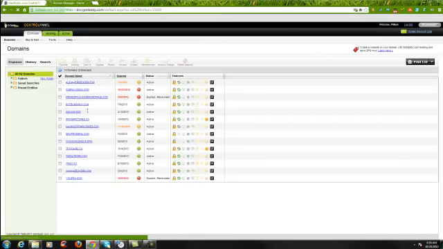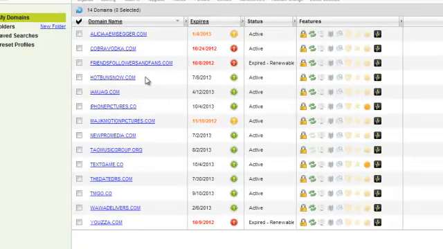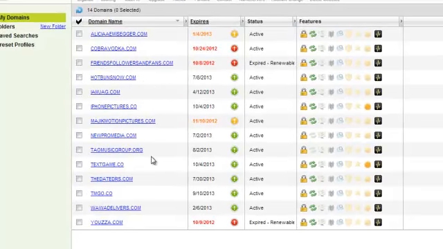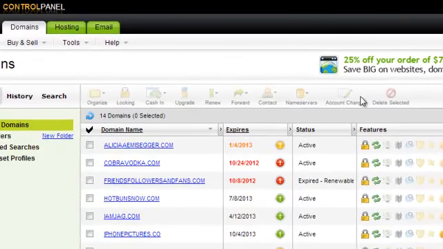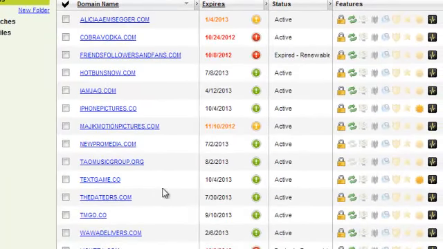Now in this account, I have a few expired domains. You know, I kind of let this account go a little bit. I haven't really been working on some of these domain names. But I purchased a few recently. I stuck back here. And notice that this bar up here with all these buttons is not active because none of these are selected. So we're going to select, I said we were going to use, what was it, iPhonePictures.co